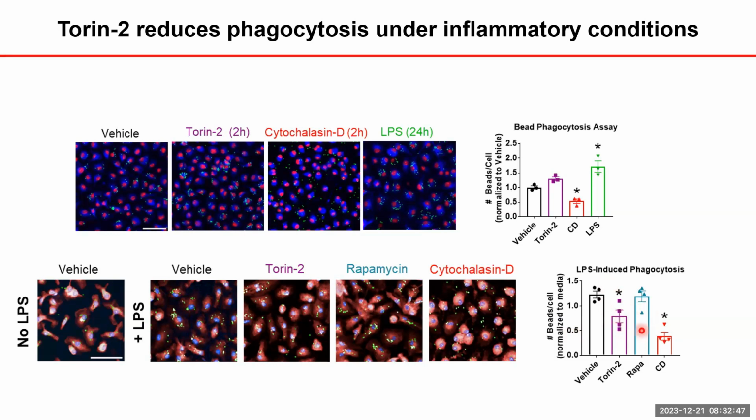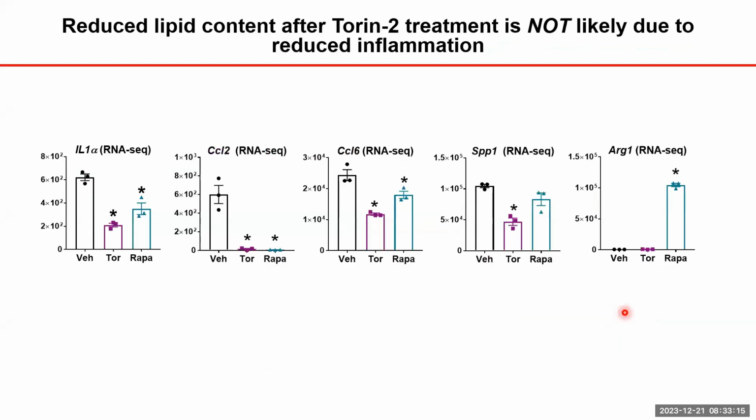macrophages. And so this brings into question, well, then is taurine-2 simply working by reducing inflammation and thereby reducing phagocytosis in the cell? Is that the primary mechanism by which taurine-2 is acting on these foamy macrophages? Because we had this nice condition where we can treat with rapamycin and it doesn't decrease lipid content, and because we had the RNA sequencing data set from these conditions, we